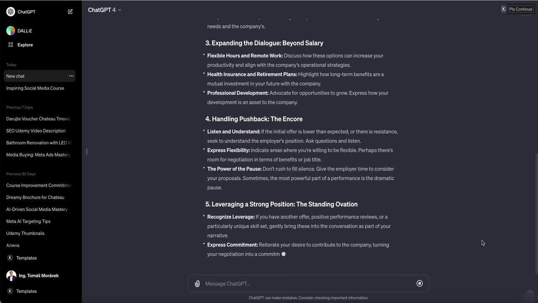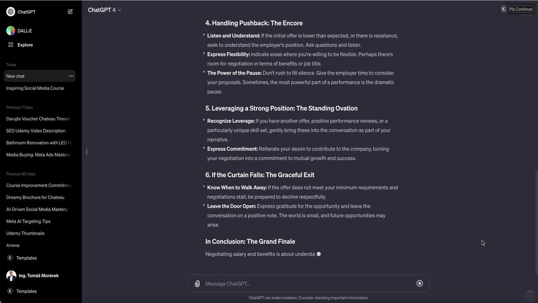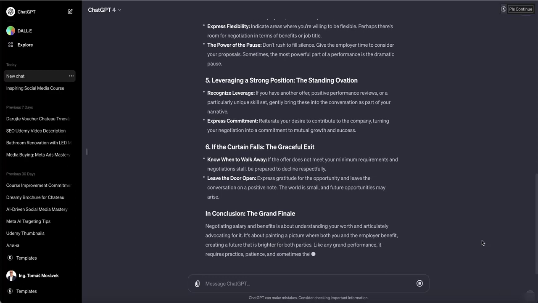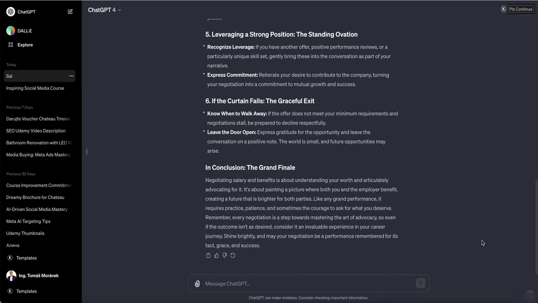And then of course flexible hours, health insurance, development, listen, understand, and of course this way we can step by step get the advice.